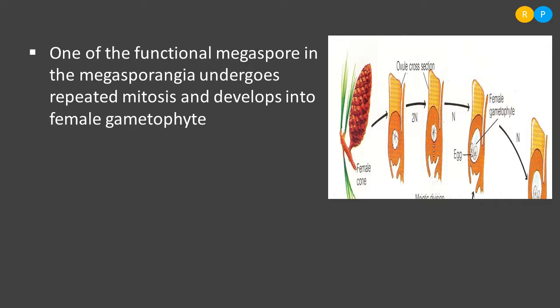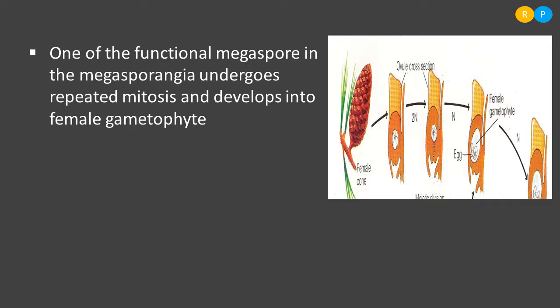Understood? So microspores we have studied, and now we are studying megaspores. These are the spore formation. Soon after the spore formation, the gametophytic structure develops within the plant. So this phase is nothing but the gametophytic phase. Understood? So the gametophyte develops from one of the functional megaspores in the female cone. One functional megaspore is going to form a female gametophyte here. So now you might have understood why the female gametophyte is developed in the gymnospermic plant.